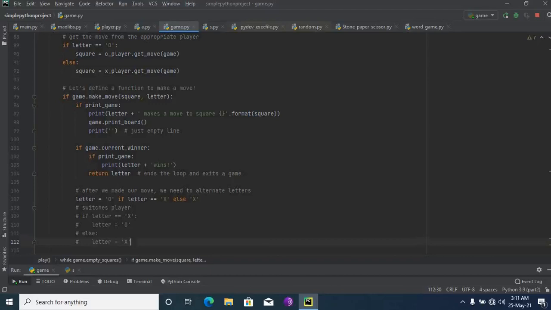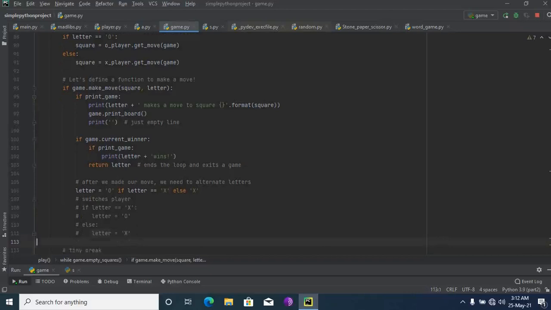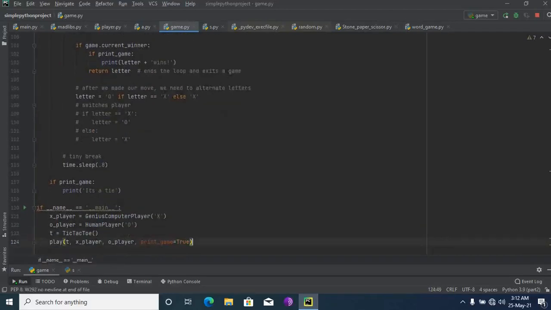See this. After we made a move, we need to alternate letters. For that I'm writing if letter equals X, letter equals O, else letter equals X. Then I'm giving a small time break: time.sleep of 0.8 seconds.